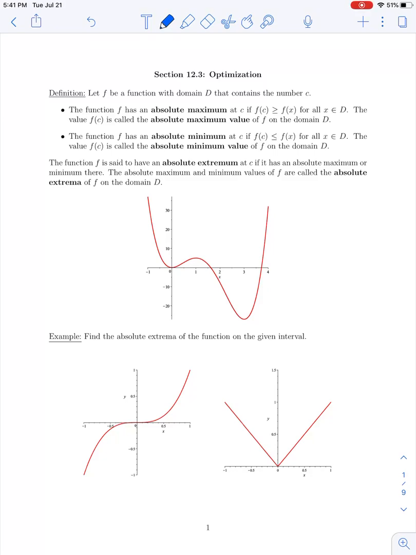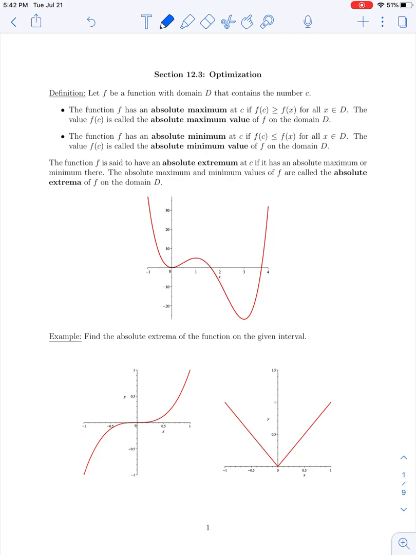Okay, in this lecture we're going to cover the first part of our section 12.3 material on optimization. Now optimization is a term which is referring to finding the largest or smallest values of a function, which is one of the biggest applications that we'll consider in this course. How to maximize a function or minimize a function, and this has applications in several different disciplines. In particular for business or economics, we might be interested in maximizing profit, minimizing cost, maximizing output, minimizing effort, things